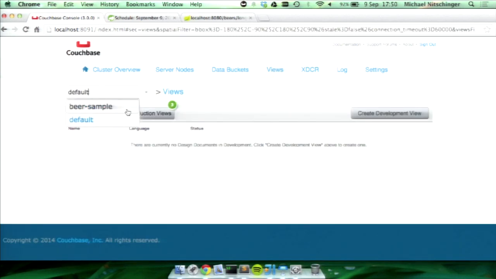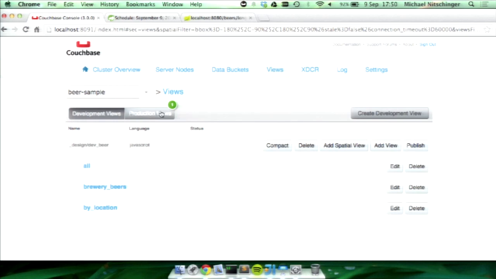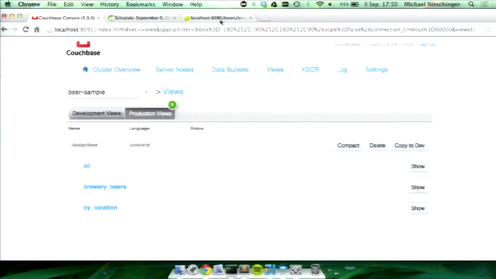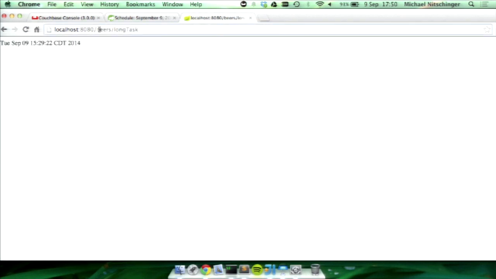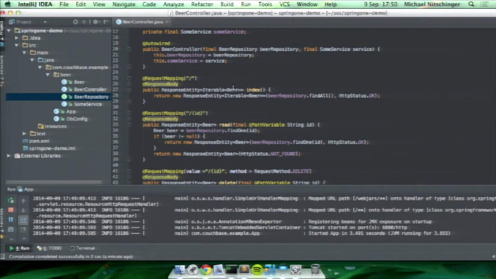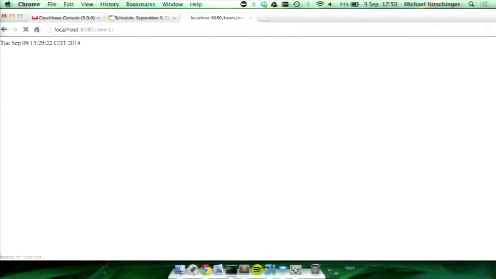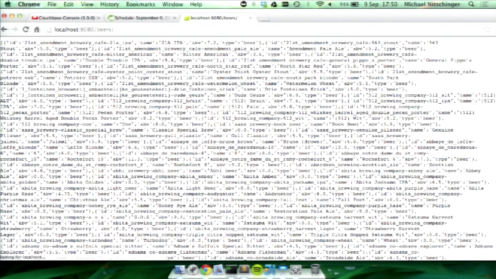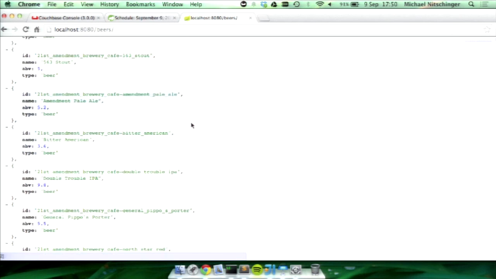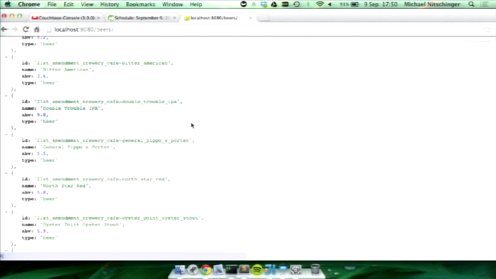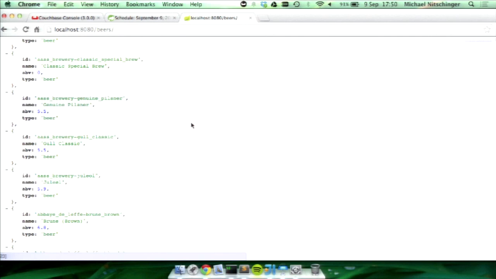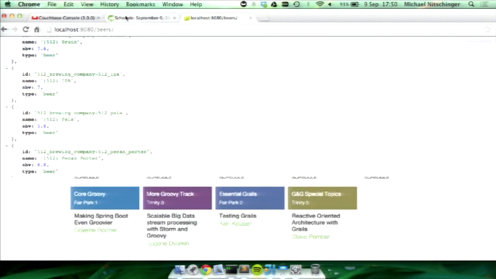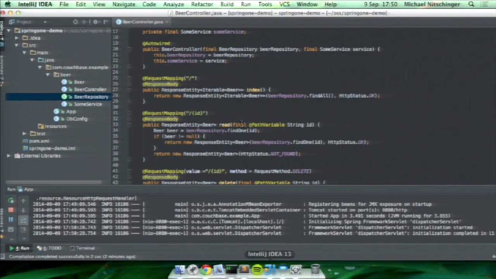So I don't want to go into all the details of how they work, but I'll show you in a second. So let's first start with the index method. It takes a while because we have many, many beers and breweries in our system. So it returns a list of beers here, I think 3,000 or so. Now, how does that work underneath? What we are doing here is